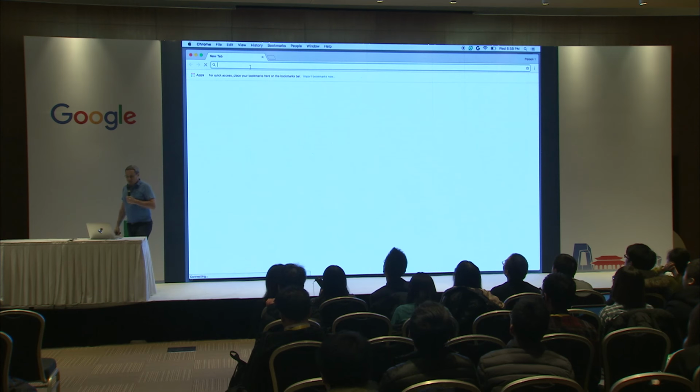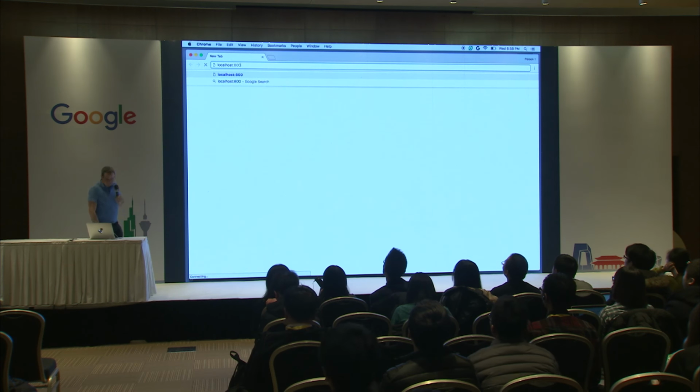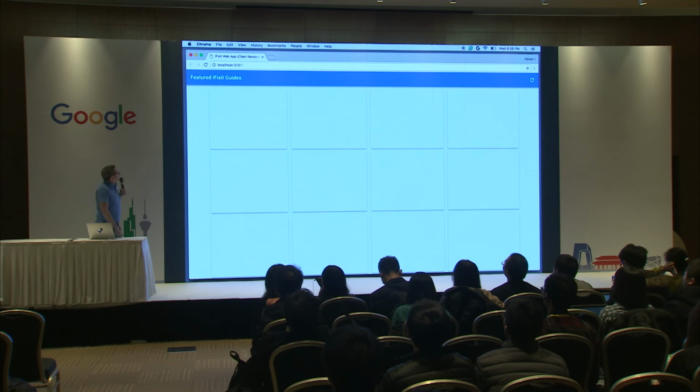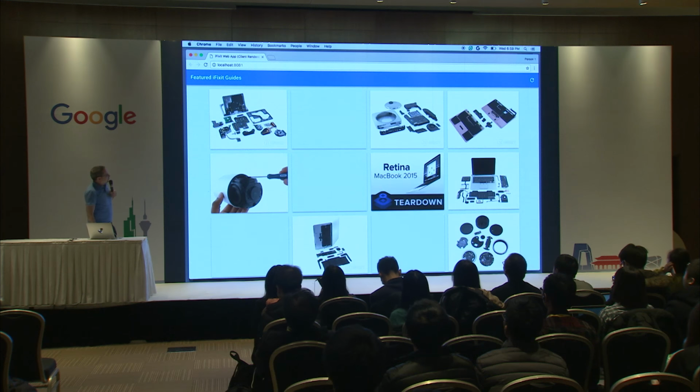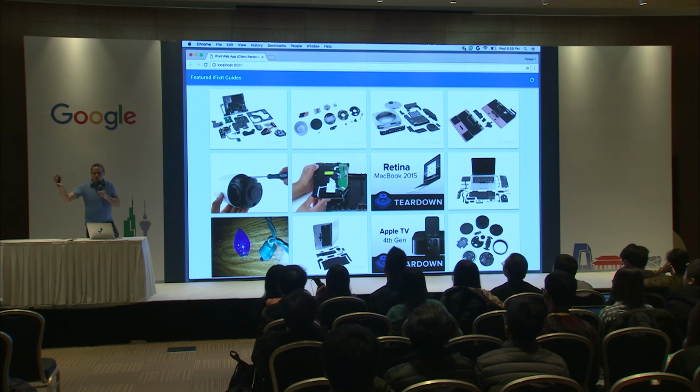So I'm going to open it up and have a look at what the experience looks like in Chrome. So I'll open it up. You know, it looks like a standard web app, right? It's got a nice little address bar across the top, some images, and I can click on any of these things. So, all right, Chrome looks great.